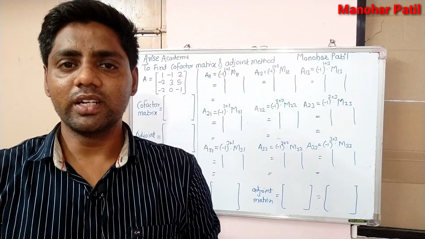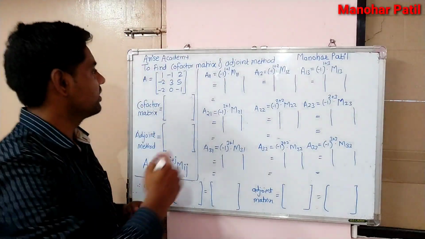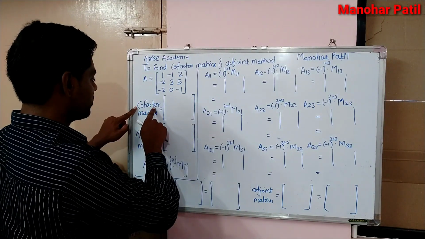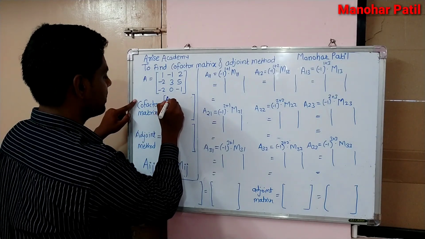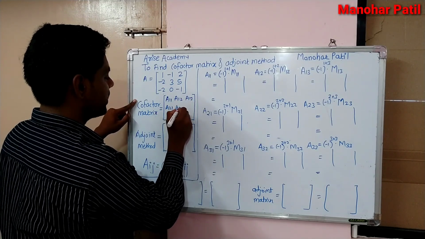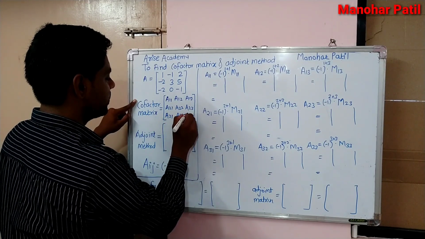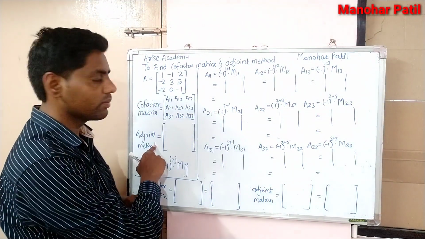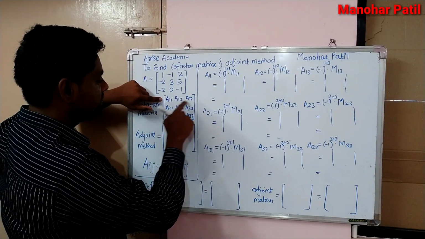Dear student, today we learn how to find the cofactor matrix and adjoint matrix. It is very simple. Given a matrix A, we have to find the cofactor matrix and adjoint matrix. The cofactor matrix is A11, A12, A13, A21, A22, A23, A31, A32, A33. An adjoint matrix is nothing but the transpose of the cofactor matrix, meaning write down the row matrix into the